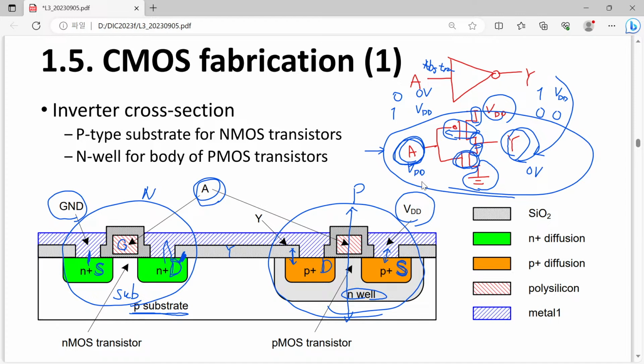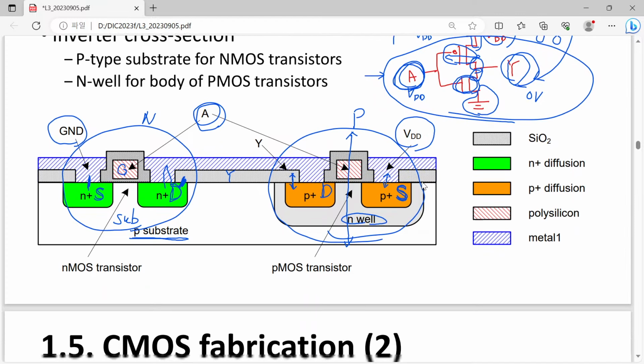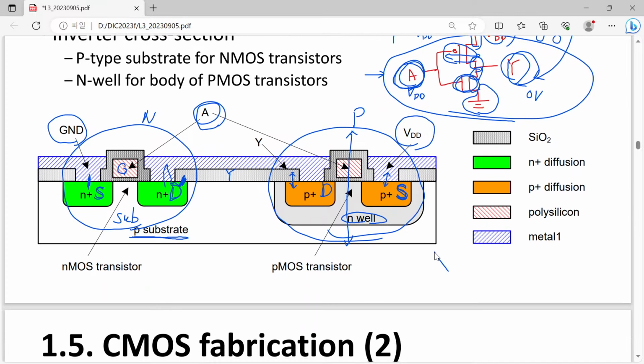But for today's lecture, we will talk about how we can actually fabricate this kind of structure. So I will just briefly explain it. And please note, is this the state-of-the-art device? Actually not. It is quite an old device. However, the reason I explain this to you is not that it is the most updated device, but that you should get a feeling for how we can fabricate something realistic into our silicon chip. Okay,